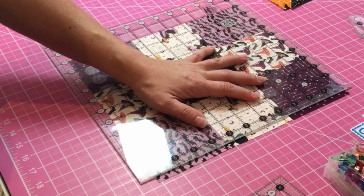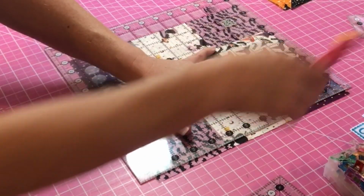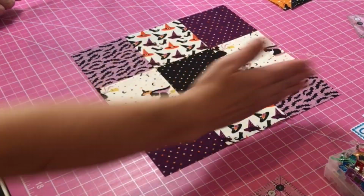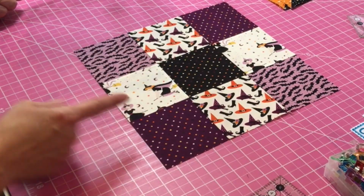Okay, that looks pretty good. So now I'm just going to trim off this excess. Okay, now I'm going to want to cut my bottom and then the top. So in order to do that,